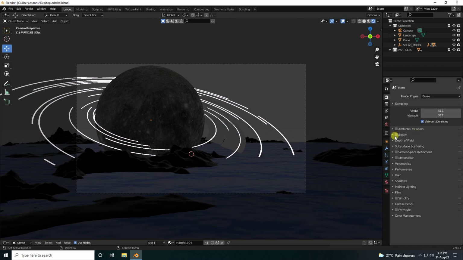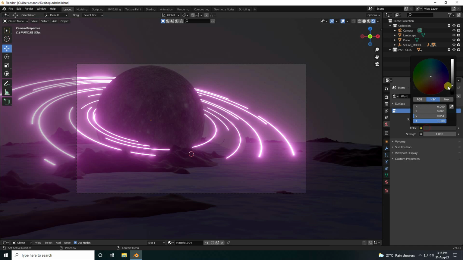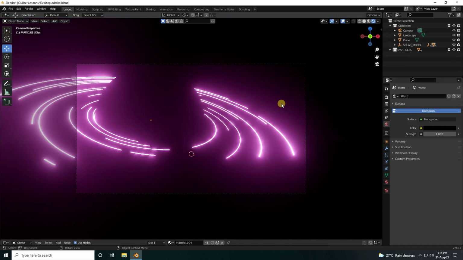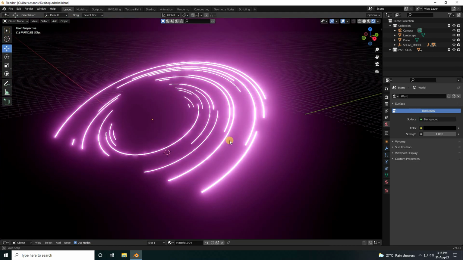Yeah, and bloom power check and ambient occlusion check. Yes, good, right? Okay, so guys, I change the background color. So go on here, background, and use black. Yes, beautiful guys.